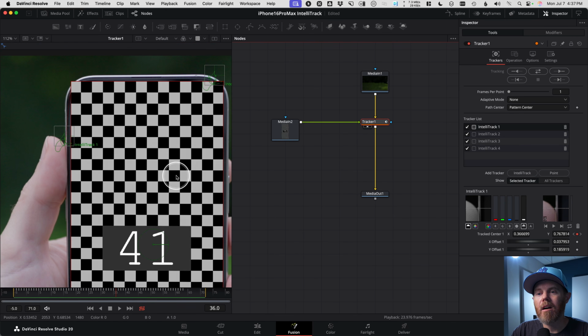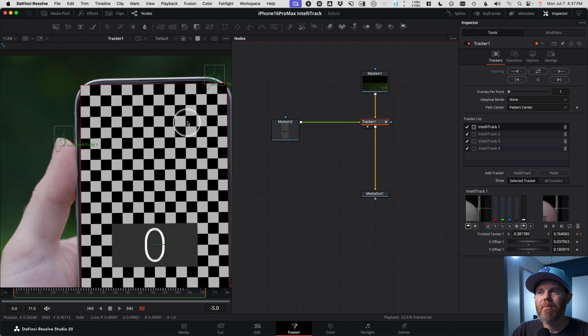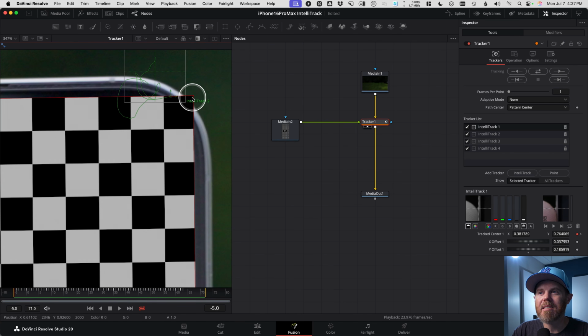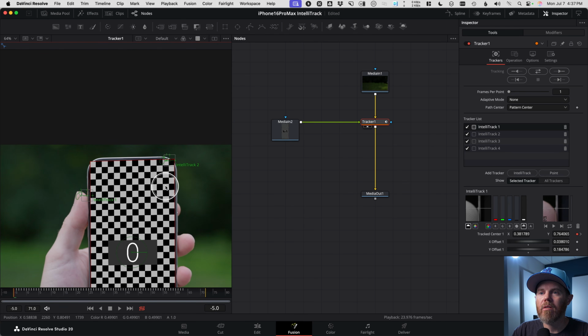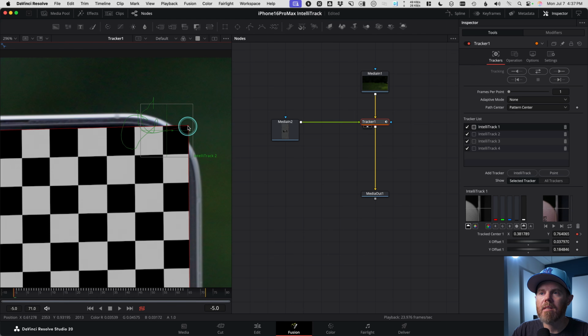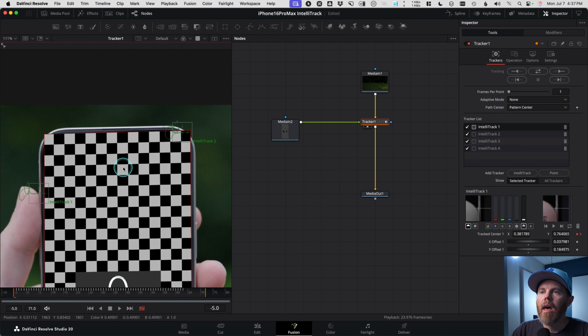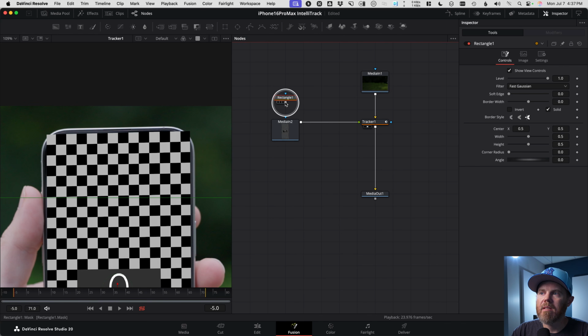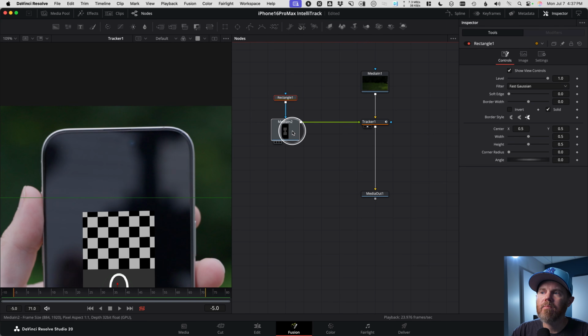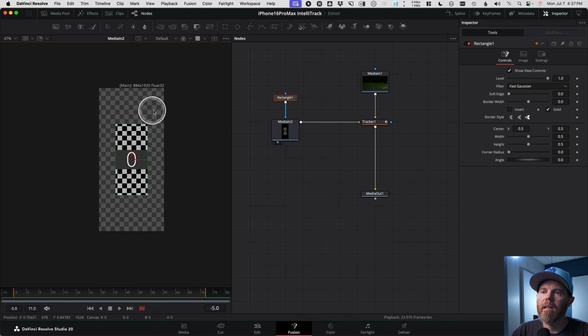I don't mask off source media very often, but this is an instance where I don't necessarily need those pixels after they get masked, and I'll show you what I mean by that. So actually, let me adjust that just a little bit more. I'll turn off the offset, say we're good with that, and I'm going to grab a rectangle mask tool, and I'll drag that down to here. This is going to go into the mask input of media in2,